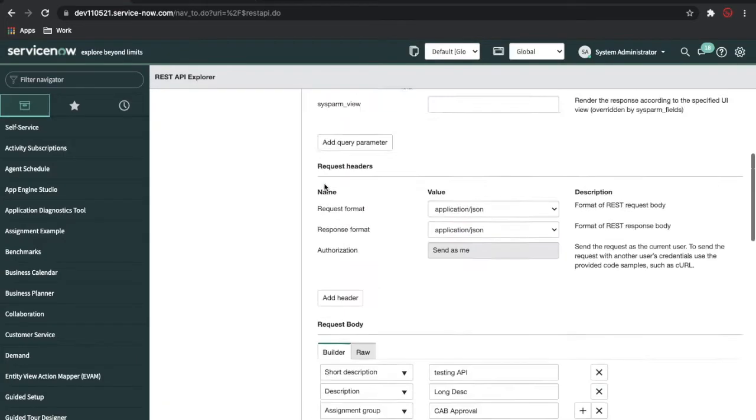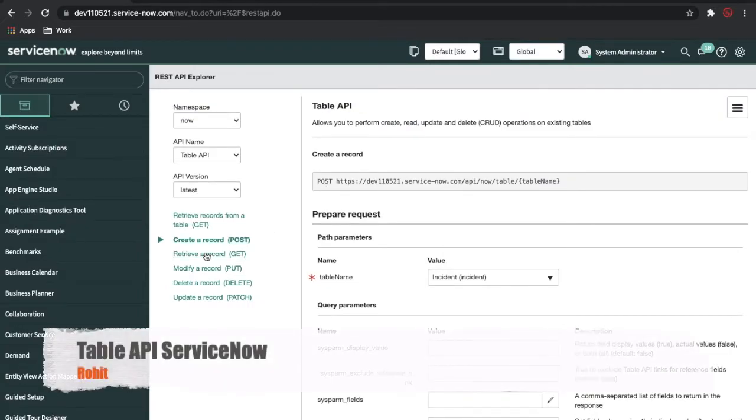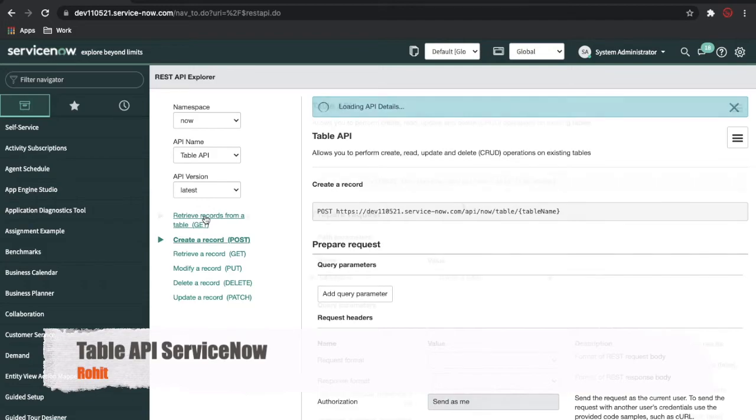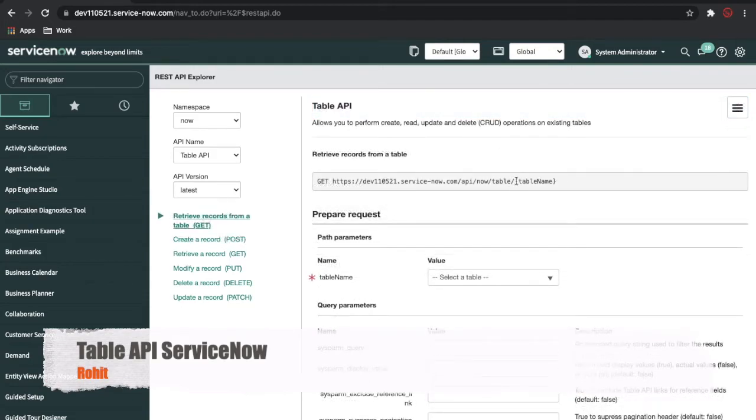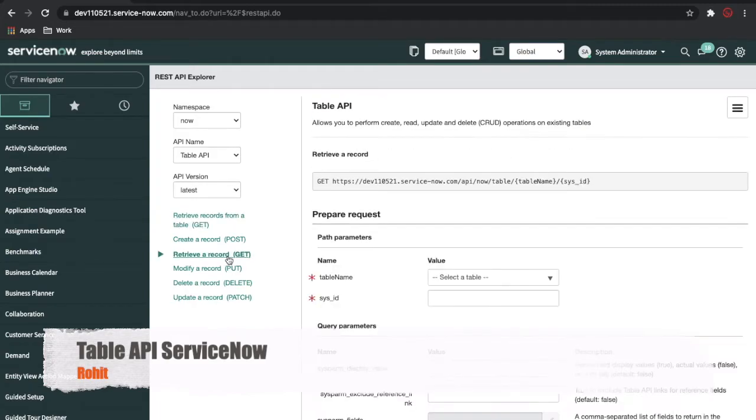Okay. Next we'll talk about the two GET methods. One is retrieve records from a table. The syntax is the table name and then sysparm_query. Another is retrieve a record, where it is mandatory that you pass the sys_id.